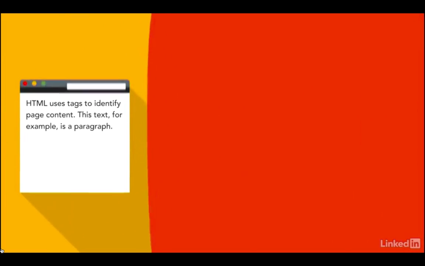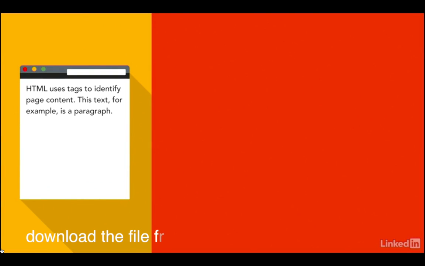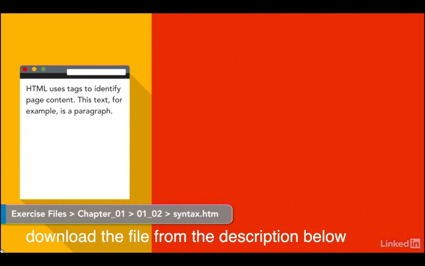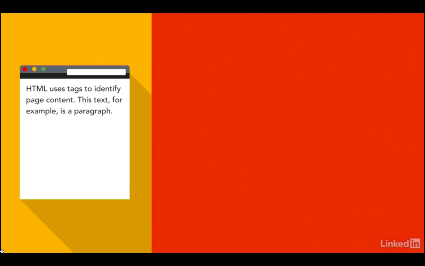Now, to do this, I'm going to be using the file syntax.htm. You can find this file in the exercise files, chapter 1, 01_02 folder. And I've got it opened in 2 places. First, I've got it opened in TextEdit. I'm on a Mac. For this exercise, I'm just going to use the default text editor, which happens to be